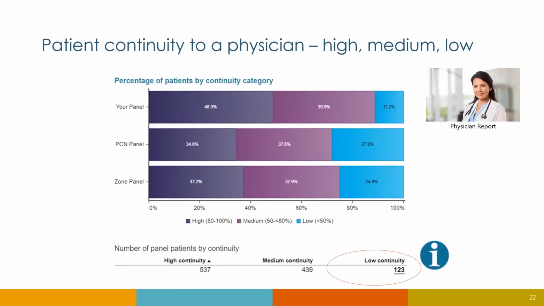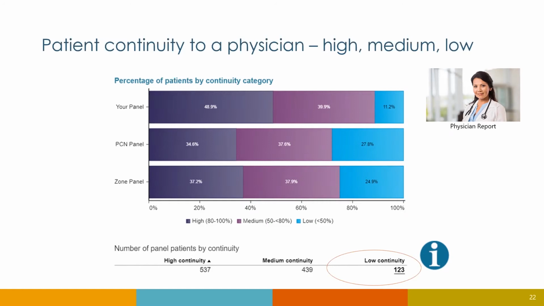So I wanted to show you what this measure looks like in the panel report. What you're looking at now is called patient continuity to a physician. This is a measure that's available in the report. You can begin to identify for that physician how many patients fall into the high, medium, or low category for continuity. But what's really neat is assuming your physician is part of CPAR, they can actually drill down to identify,